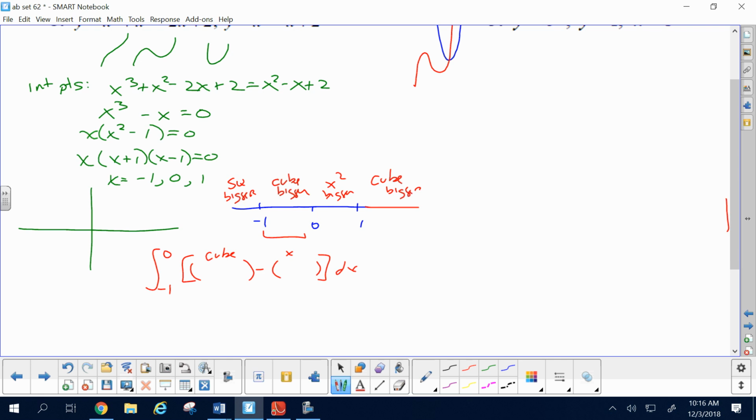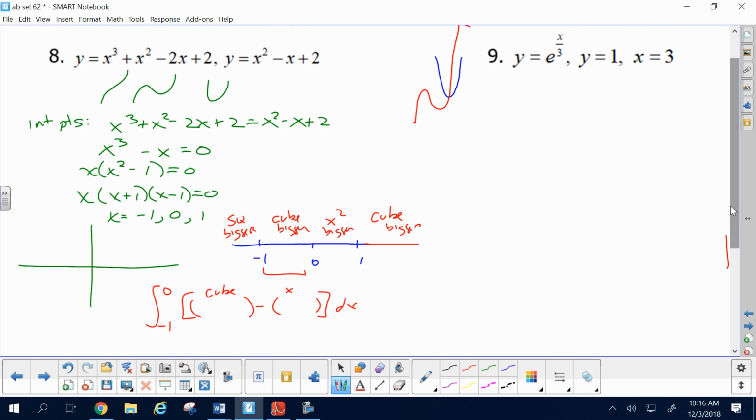So if I take the cube minus the square in there,